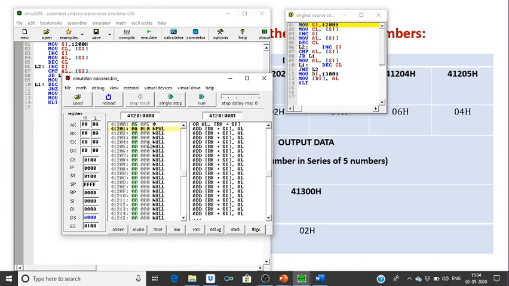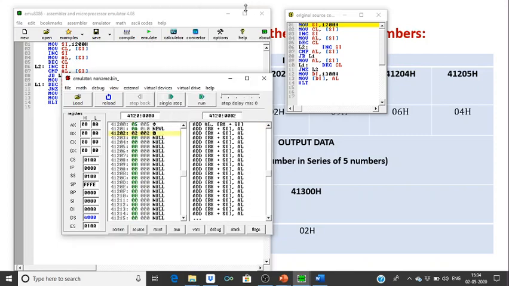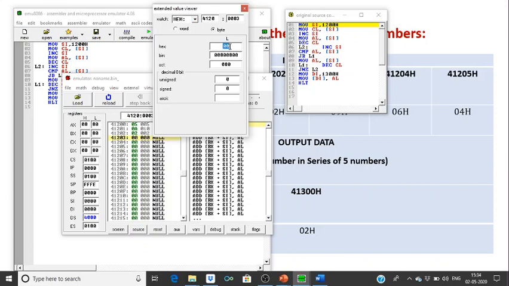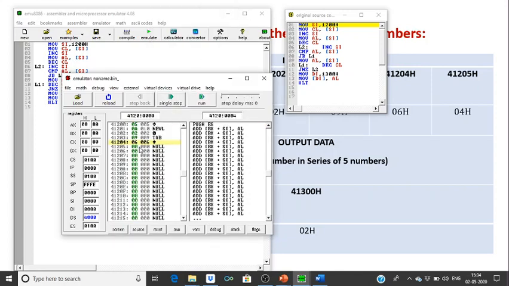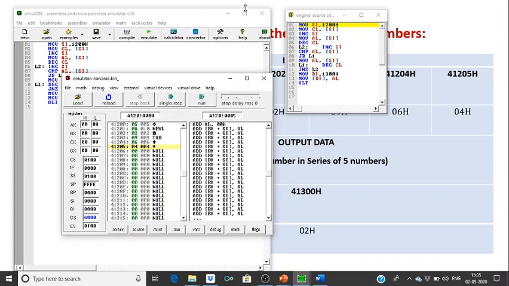Then next is 02. Then 09. Then 06. Then finally the last data 04. So we have given our input data.